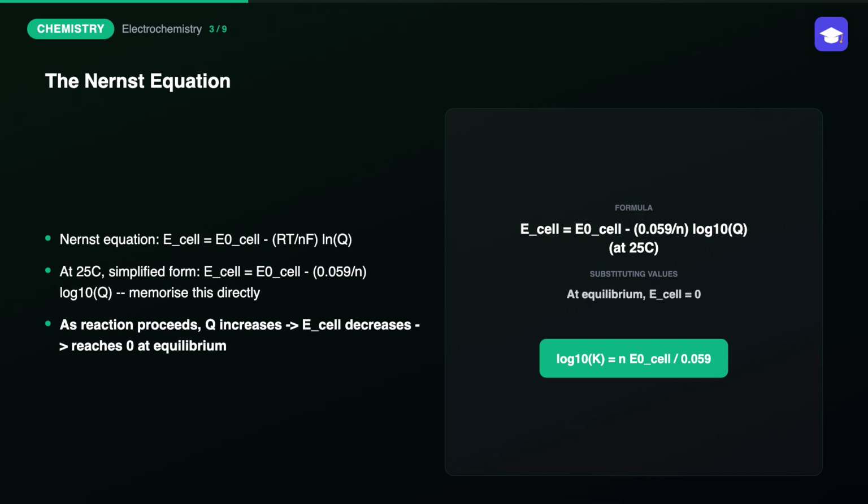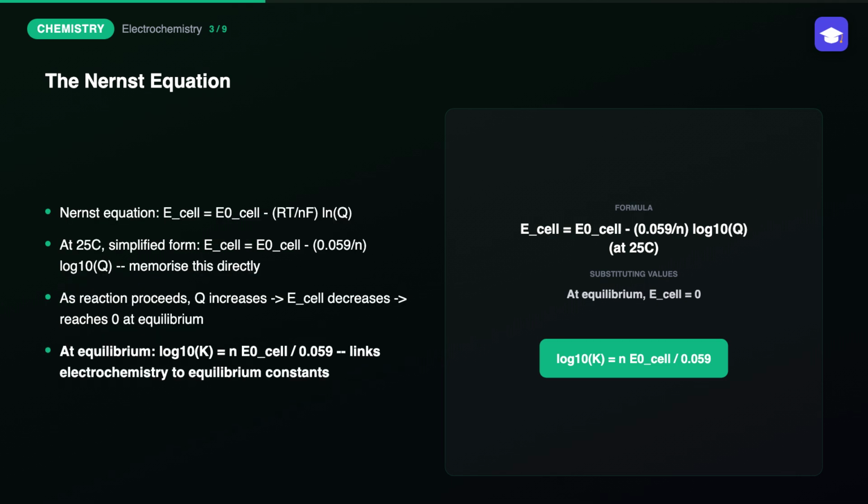Electrochemistry numericals. As a redox reaction proceeds spontaneously forward, reactant concentrations decrease and product concentrations increase, so reaction quotient Q correspondingly increases, which means E cell must continuously decrease over time, and the cell reaches equilibrium, delivering zero further useful electrical work. Precisely when E cell equals 0 at that specific equilibrium point, the Nernst equation gives you a valuable, elegant additional relationship,